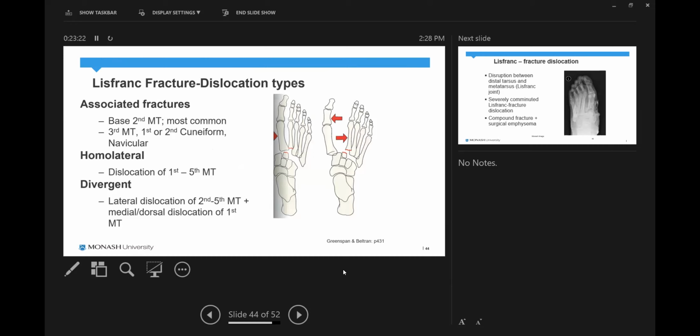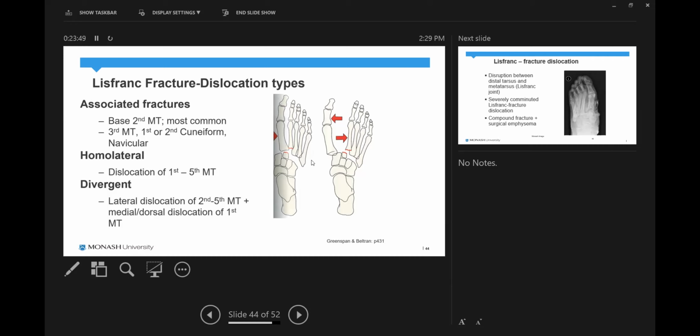Now, when there's Lisfranc fractures, there can be associated fractures as well. So fractures to the bases of any of the metatarsals is quite common. You could also have fractures of the cuneiform and the navicular. There can be displacement involved, so homolateral fracture dislocations, and that's where the first to the fifth metatarsal is dislocated